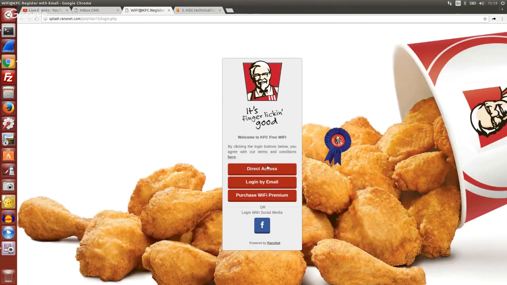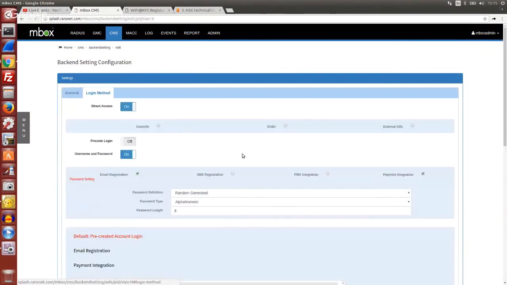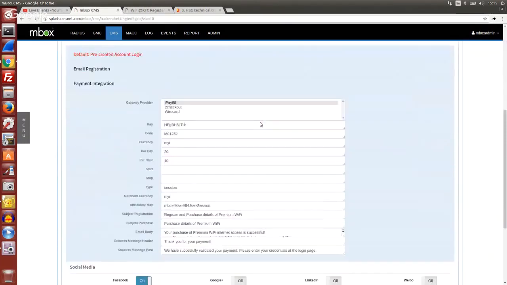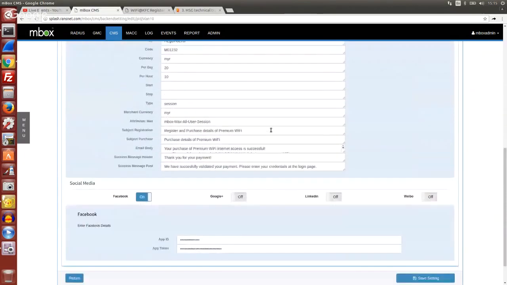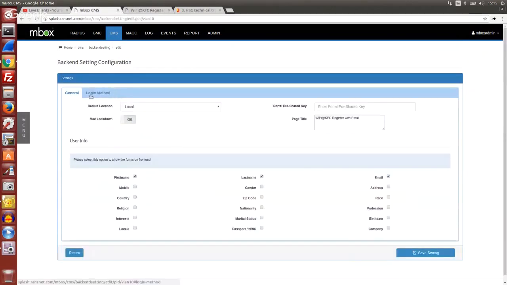There are a number of login methods that you can use once the user hooks onto the Wi-Fi, direct access, email. If you click on the setting and go to the login methods, you can see we have consolidated the various login methods in the backend setting so that you can choose which one you want to enable. There are some other smaller options I will not go through here in detail,